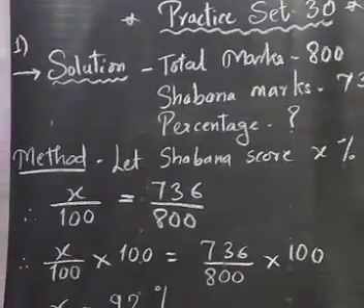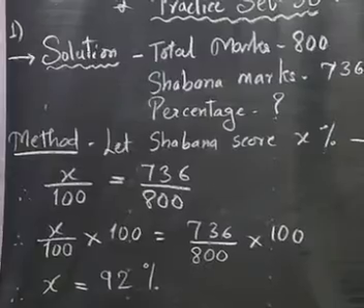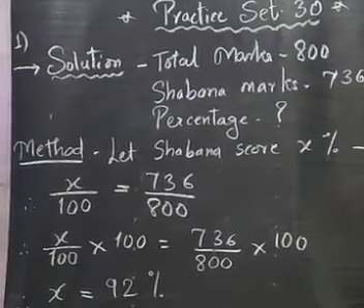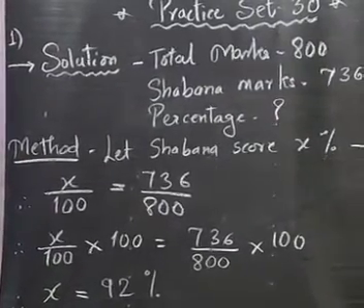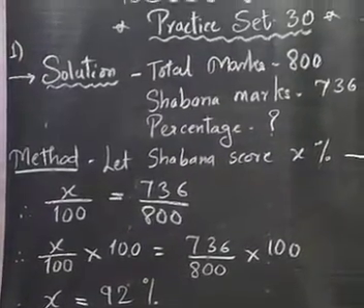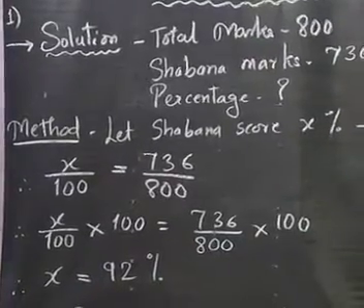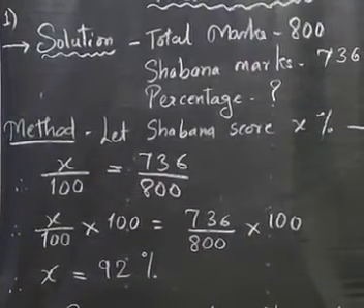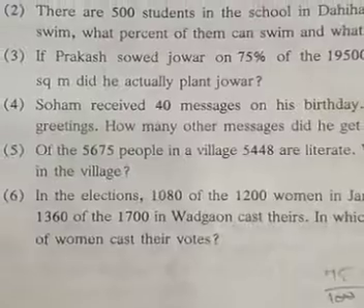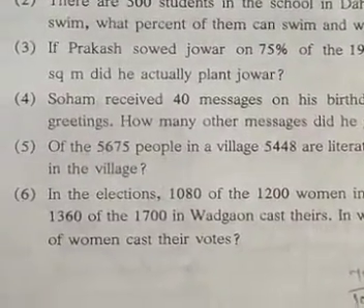So see, what is percentage? Per means every and cent means 100. So for every 100 means percentage. Okay, comparison made with the help of total of 100 is known as percentage. So now I'll read the example number 1 and then we will see its solution. Okay. So see practice set number 30 on page number 64 of your textbook.